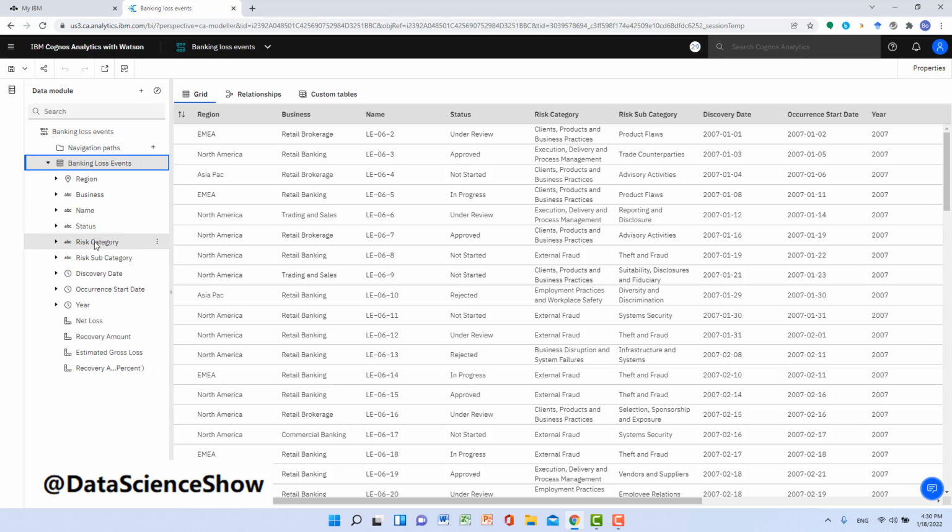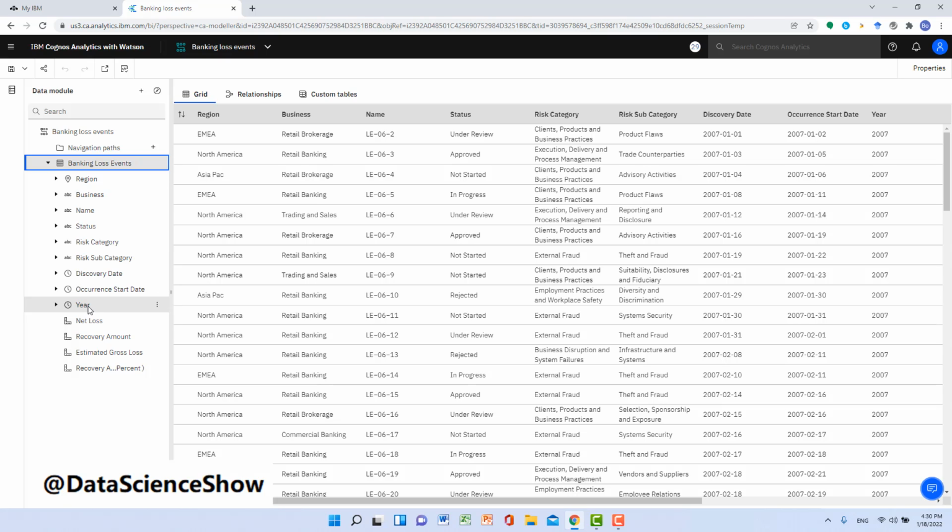We also need to list the different categories of risks the bank could face. For example, some fraud, some reporting errors, some default issues from the mortgage users. We record all of these risk categories in the risk category column. If you want to list the detail about each risk, you can list the detail in the risk subcategory column, and so on and so forth.